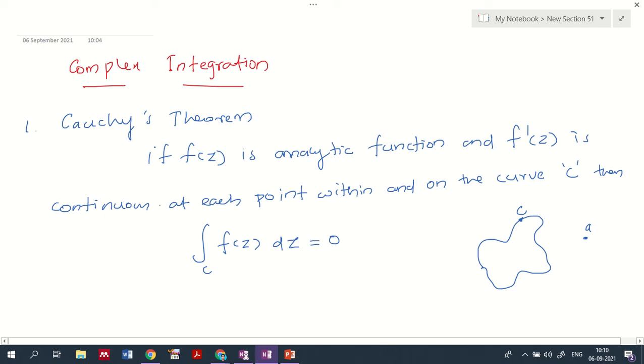What does it mean that f dash of z is continuous? It means the function can continue outside the curve also, or it can take values outside the curve, at any point you consider. We already said what continuous means, like what a limit means: it should be applicable for all paths or values nearby. So simply what I can say is, if you are representing any value,